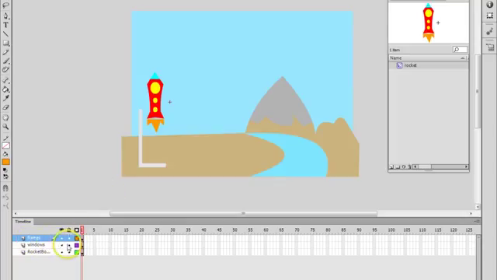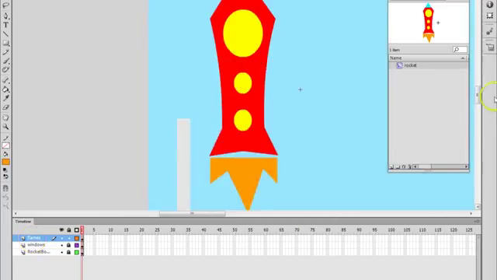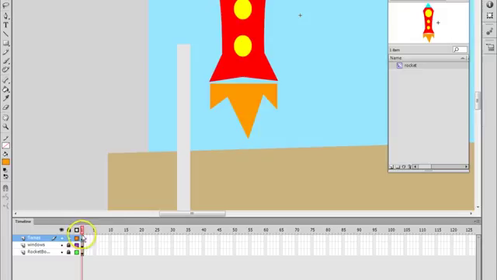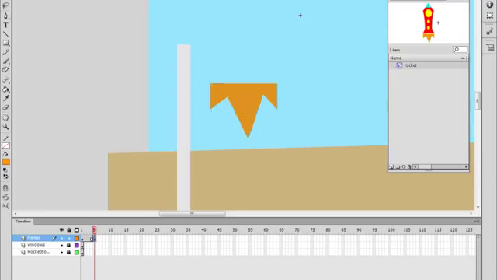I'm just going to focus on the flames. Now the flames are kind of active. In the first frame of the flames layer in the rocket movie clip, the flames look like that. And maybe in the fifth frame, I'm going to do an F6. They look like that. And they stay like that until frame 10. And then nothing changes. I just want them to stay looking like that. So that's